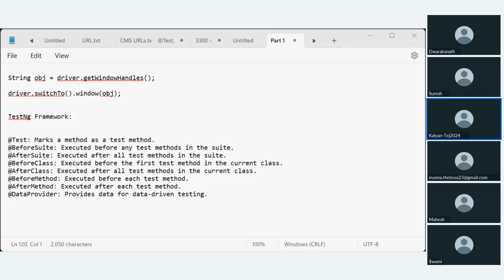You can expect these kinds of patterns and Java programs in your interview.